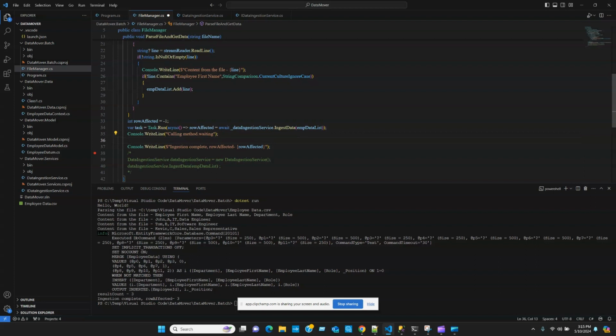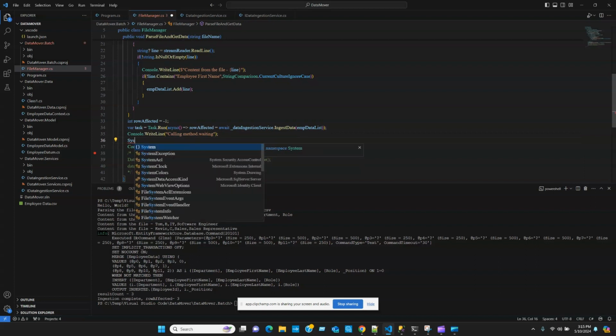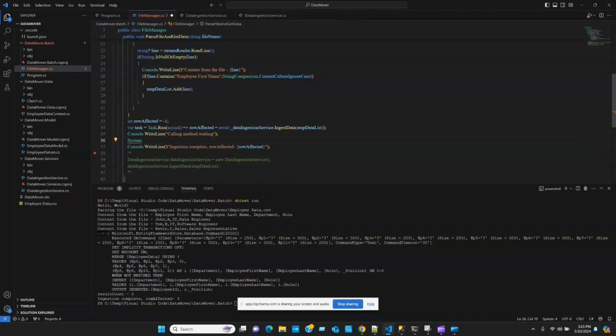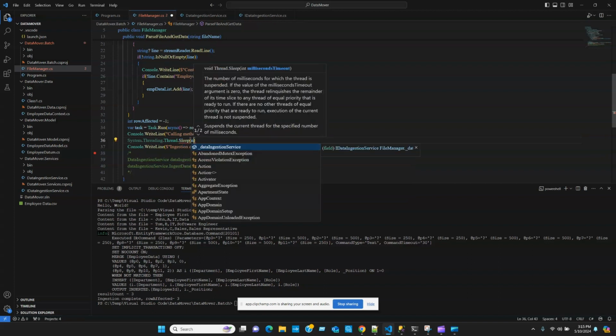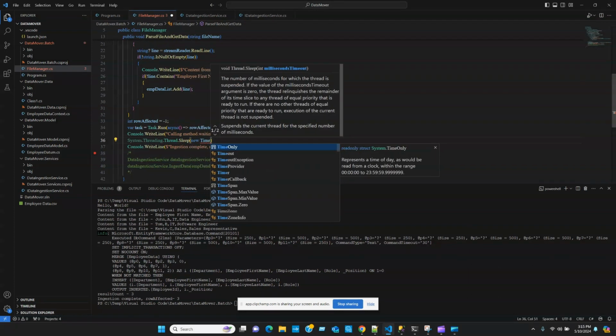And I'm going to create a sleep. I want the application to wait for 10 seconds, maybe 7 to 10 seconds, so that the background insert completes. I don't want the application to quit before the insert happens. So there is a Threading.Thread.Sleep method. You can do it. So let's say new TimeSpan